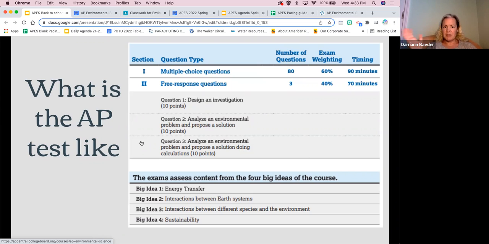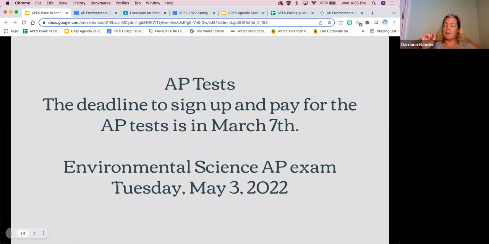The AP test is a multiple choice and a free response combination test. There are 80 multiple choice questions and 3 free response questions. Like I said, they're based on those 4 big ideas. The test itself is on May 3rd, but the deadline for sign up is on March 7th, and so that's coming up pretty quick. So as soon as you're done with this presentation, with my little video, ask your student